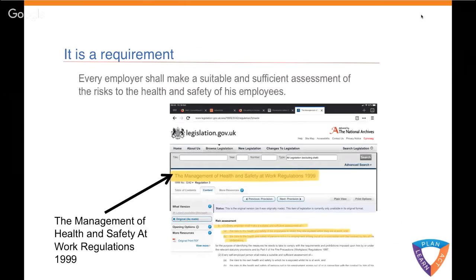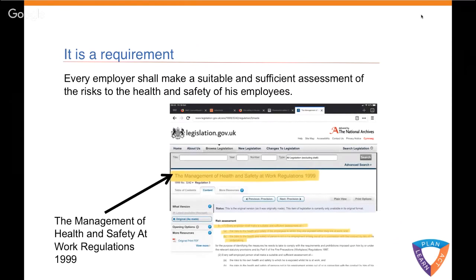Every employer shall make a suitable and sufficient assessment of the risks to health and safety of his or her employees. It doesn't say if you're a hairdresser, you don't need to do one. It doesn't say if you're a one-man roofer, electrician, plumber, you don't need to do one. It doesn't say if you're working in an office, you don't need to do one. It says every employer.